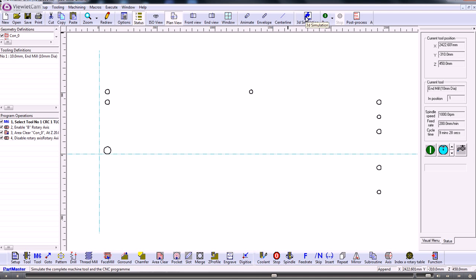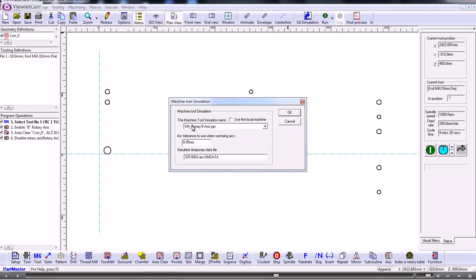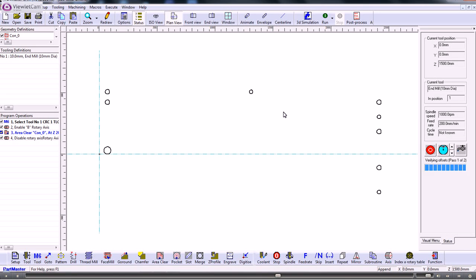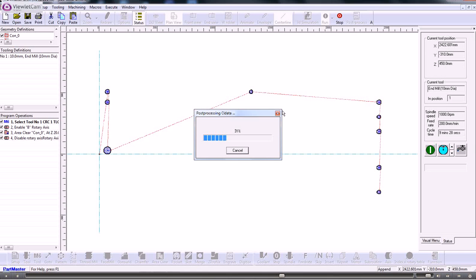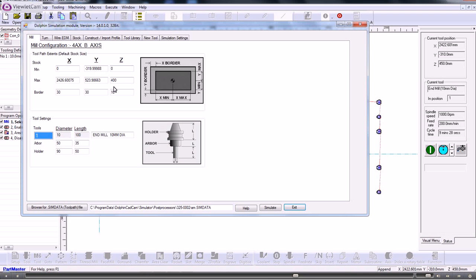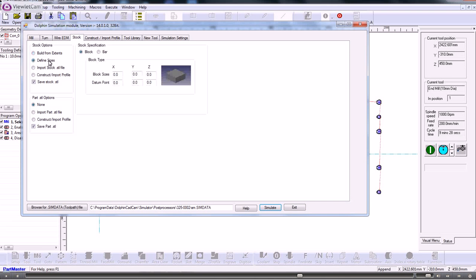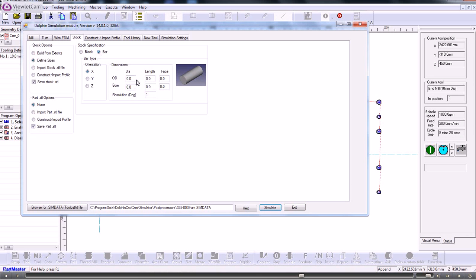So we use the 3D simulation. We're working on a rotary axis in B. So that's now producing the data for the machine tool simulation. Okay, so to go into the stock, we're going to set up some stock, so we'll define some sizes. We'll have a bar